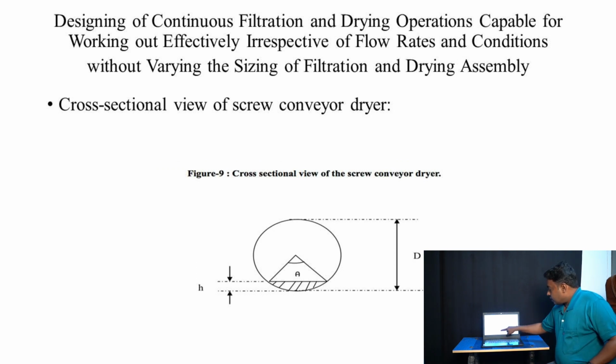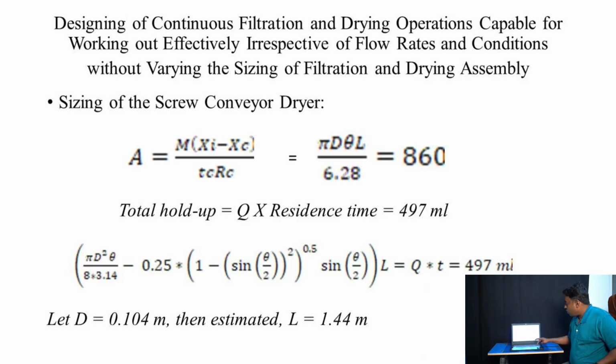This is the shaded area. The shaded cross-sectional area multiplied by the length gives us the total volume occupied by the solid inside the screw conveyor dryer. We have derived this equation using trigonometric equations, and the heat transfer area to the solid material is